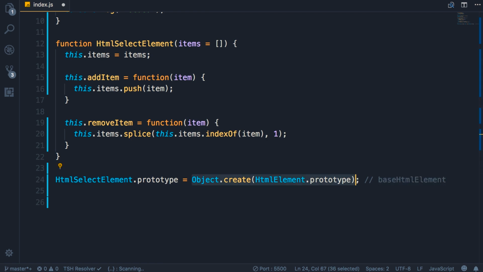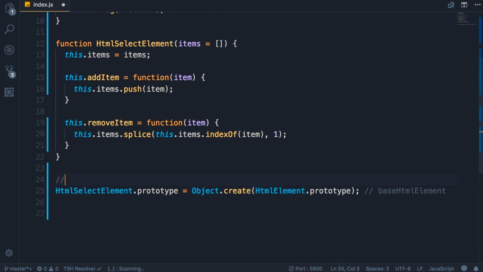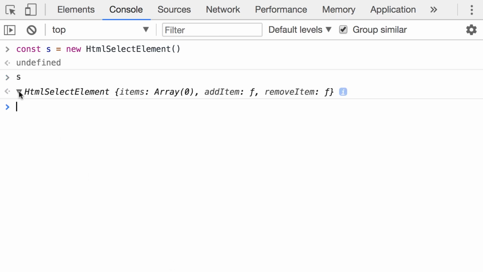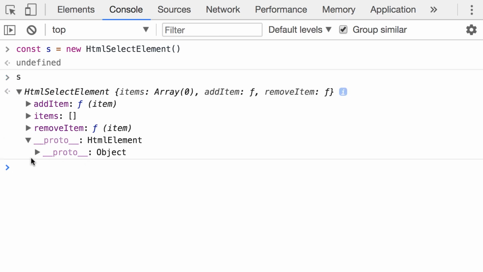Now we can call this object that is returned here, let's call that base HTML select element. So when we create an instance of HTML select element, its prototype will be base HTML select element, which is an empty object that is linked to base HTML element as its prototype. Let's have a look at this on the console. So I'm going to create an HTML select element. Let's inspect this. So here's the prototype. This is an empty object. This is an empty object that is returned from